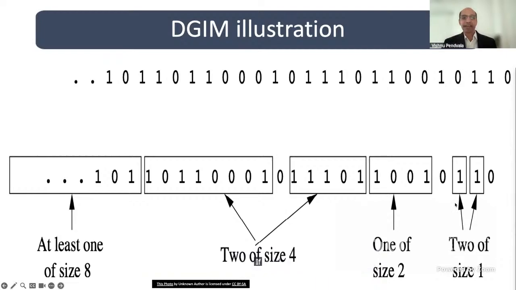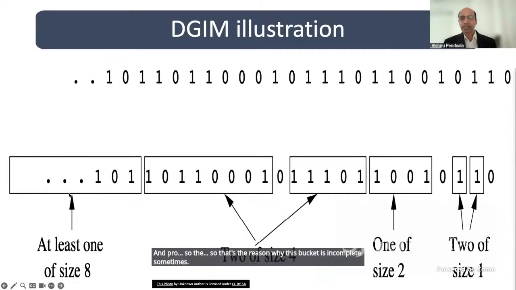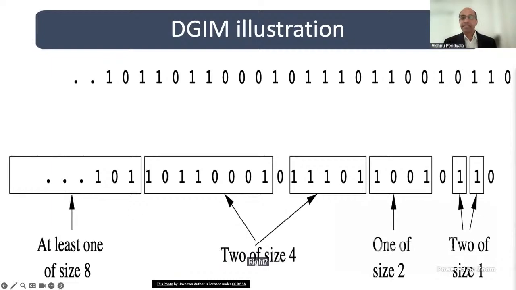If the time lapse is more than n, we drop the bits in the bucket. And so that's the reason why this bucket is incomplete sometimes, right? So basically, we want to obtain bounded redundancy for stability. This is common across all streaming algorithms,